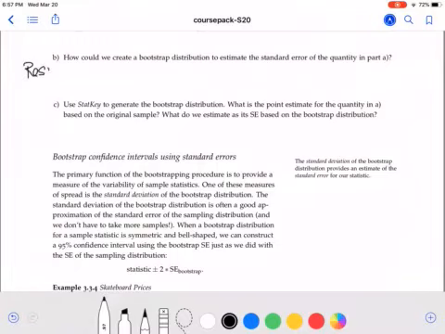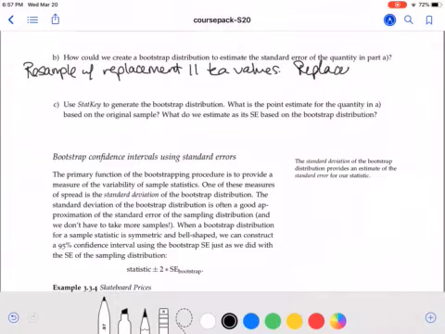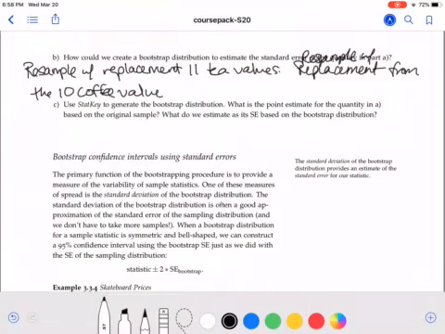So the idea here is to resample with replacement for the 11 T values. And then separately, we bootstrap or resample with replacement from the 10 coffee values. So what we'll have then is two different sets of values, a set of 11 and a set of 10. From each of those, we're going to compute the mean. So we'll compute the sample mean for the T values and the sample mean for the coffee values,